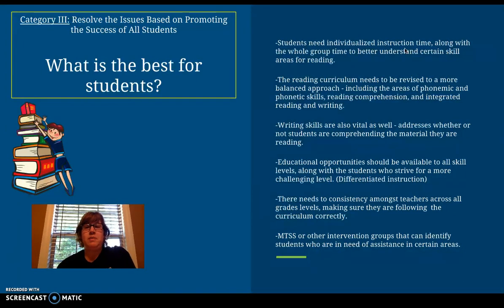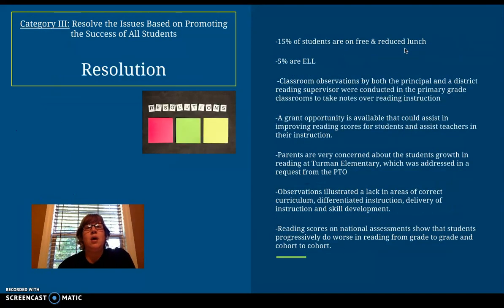And of course there needs to be some sort of intervention group, whether it's an MTSS or something put in place, that can help identify students who are in need of assistance in certain areas and catch those students early on. We know just from the data